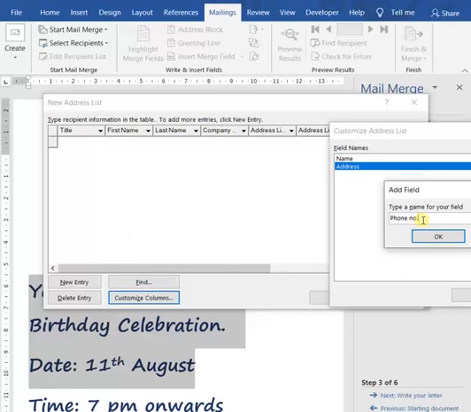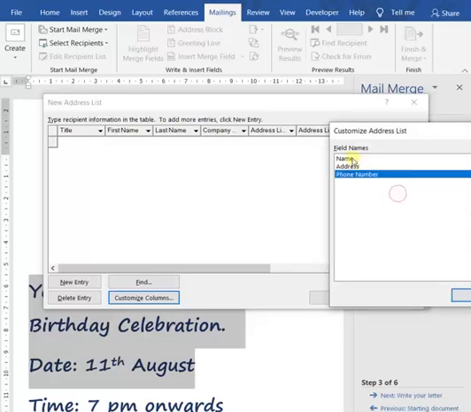As it is not valid, it will not take like this. Like this you can write. Okay. So name, address, phone number, only these three I require. So only these three I will keep in our list.